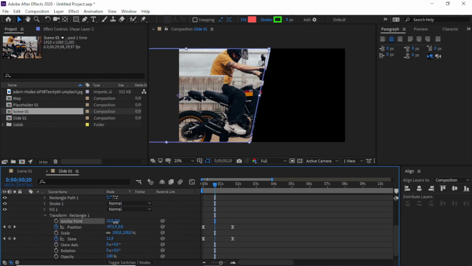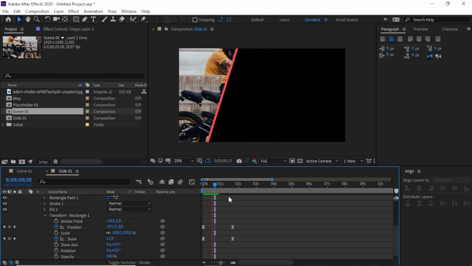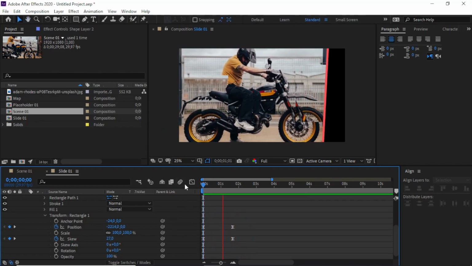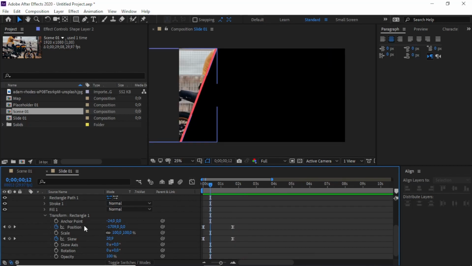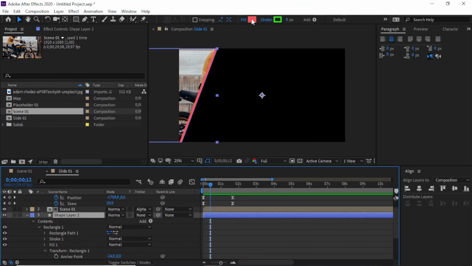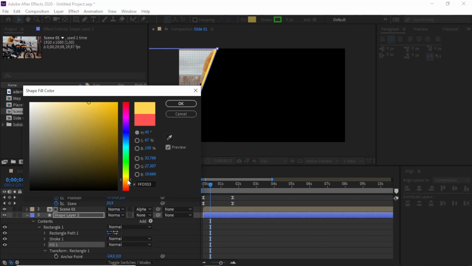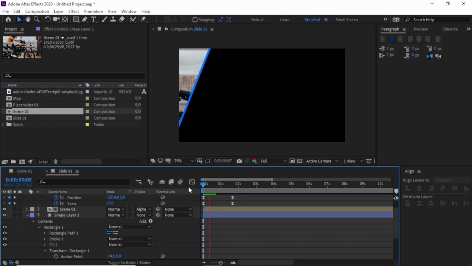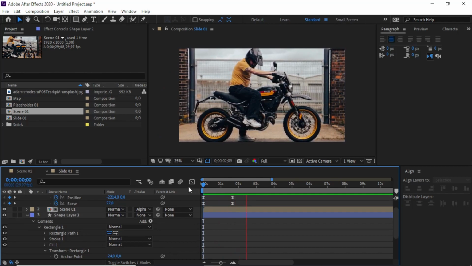We need to move the anchor point a little bit like this, so it will become the stroke. If you don't like the color, you can change into some bright yellow or orange, maybe blue, to make it more stand out from our footage like this one.